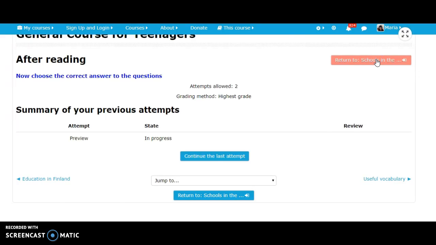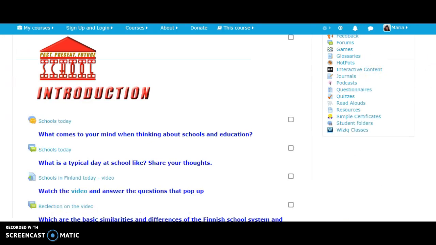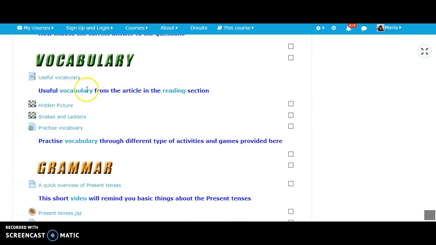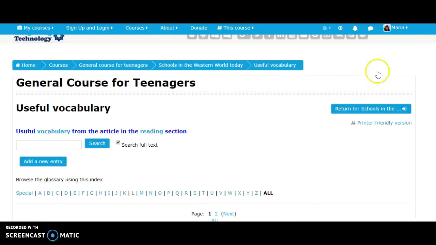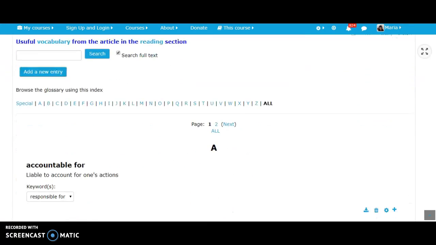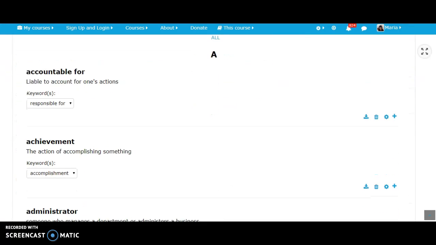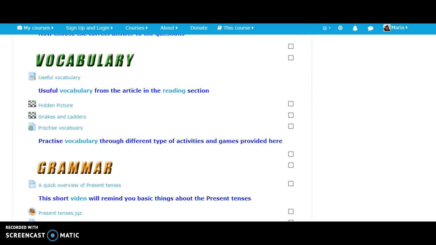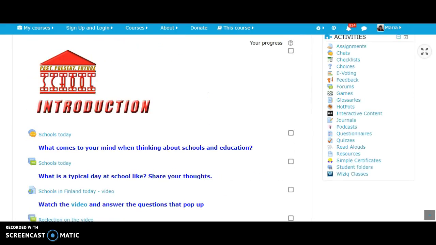So after that, we have some work on the vocabulary we encountered, and I decided to begin with a list of useful vocabulary that was in the article, giving synonyms. Students can also add to it. And then I created some games where they would practice this vocabulary,